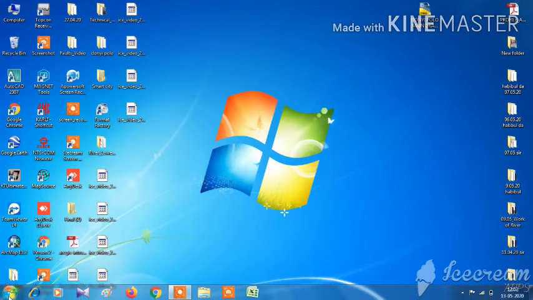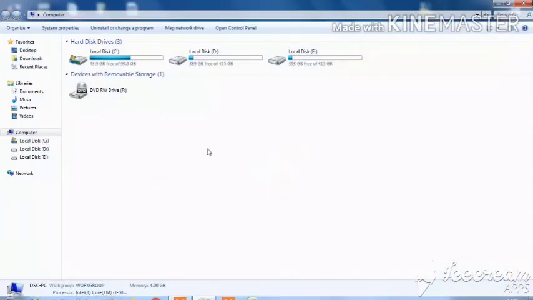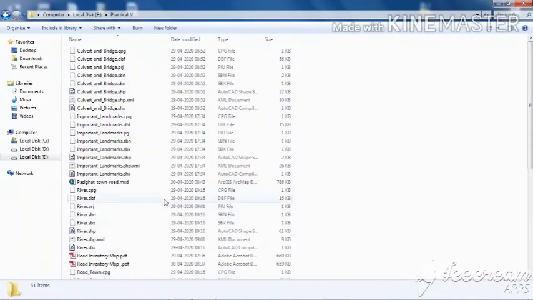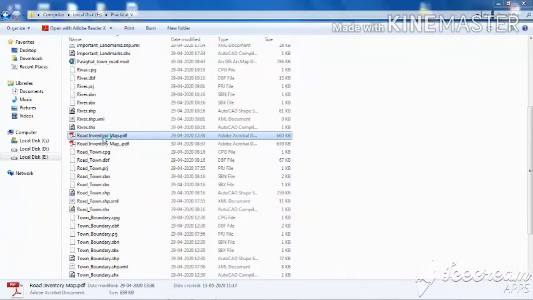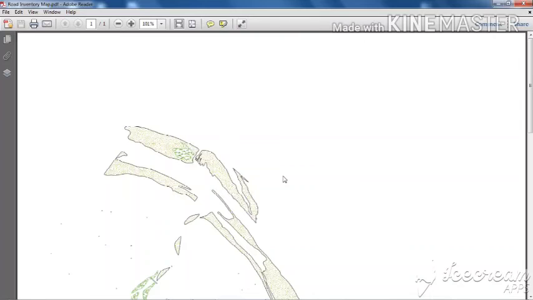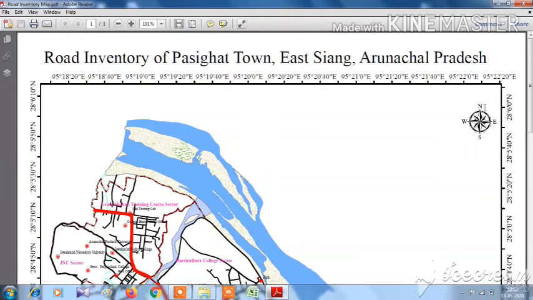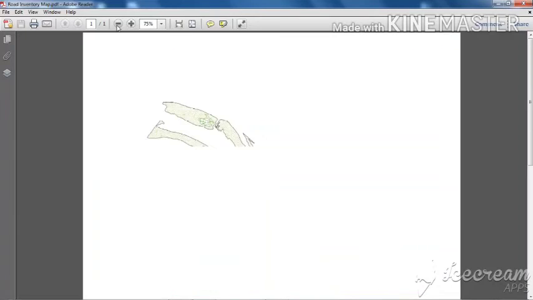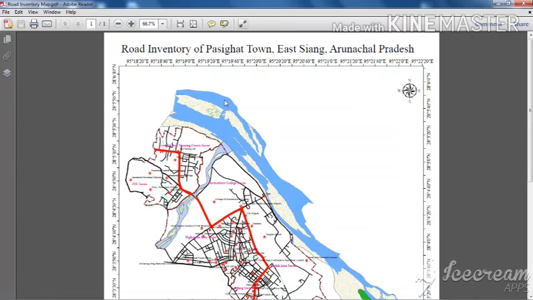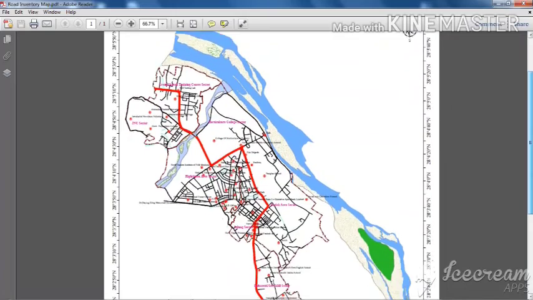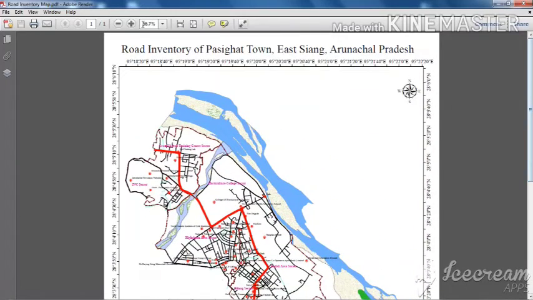And one thing that I will end my class after showing you with is a map of industrial standard. That is the type of map that we should have to give in an industry. You just see, this is a map I have submitted to a particular department. Although I am not authorized to share any data pertaining to the map, because this is the copyright of that particular department only. But I am just showing you. I can only show you. In this way, we will have to prepare an industrial map.